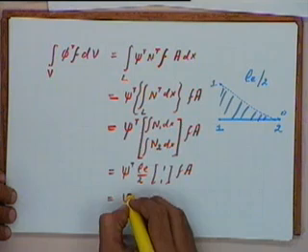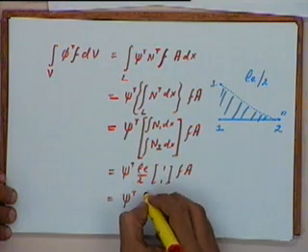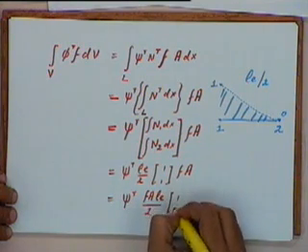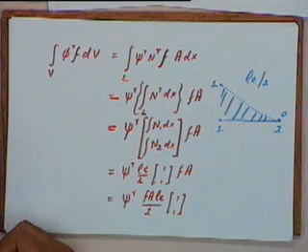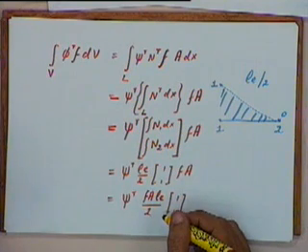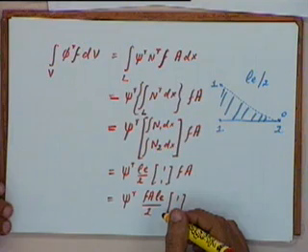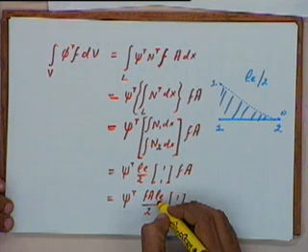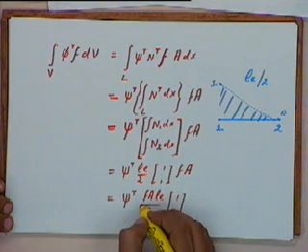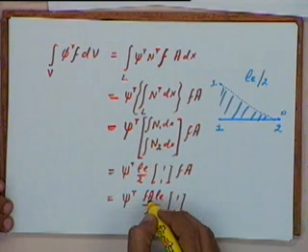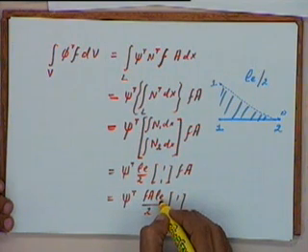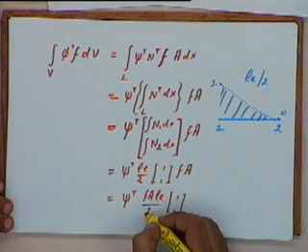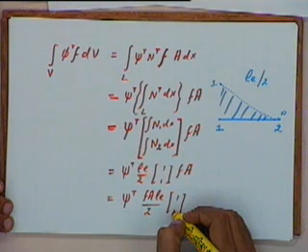Okay, so this is again equal to psi transpose into F A Le by 2 into [1 1]. Again we get a result which is very similar to what we had last time, when we were using the Rayleigh-Ritz method: F A into Le is the total body force acting on the element. F is the body force per unit volume and A into Le is the volume of the element. So this is the total body force acting on the element. So we are saying half of that is acting on the first node, the other half of that is acting on the second node.